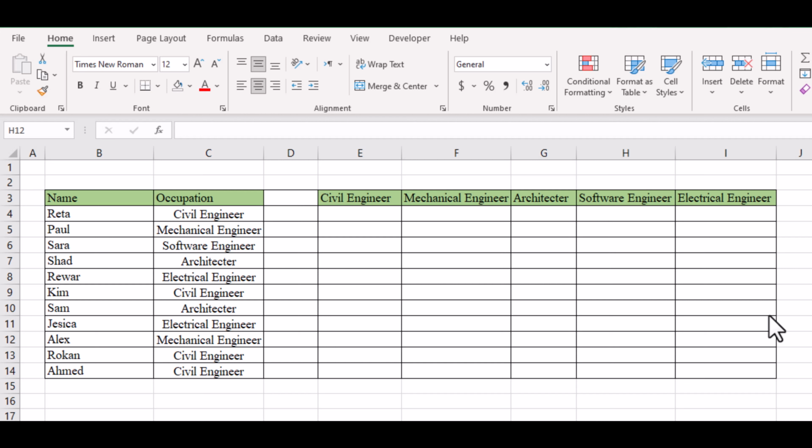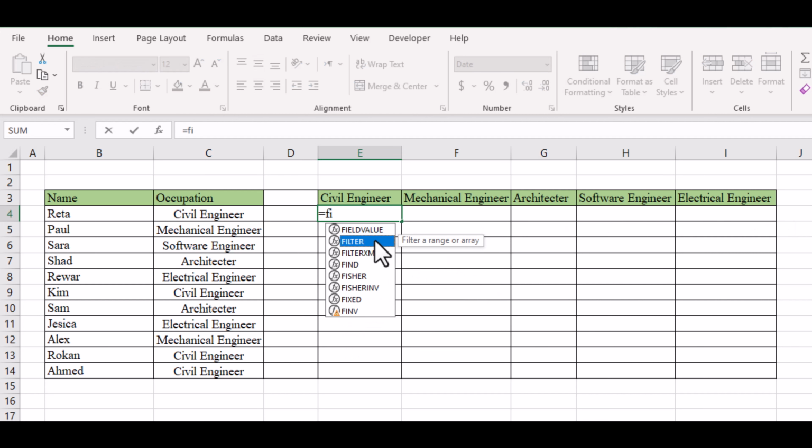At the end of the video, you will be able to filter your data effectively. Let us get started. You have this name and their occupation. So we want to filter this data. Write this formula, filter,